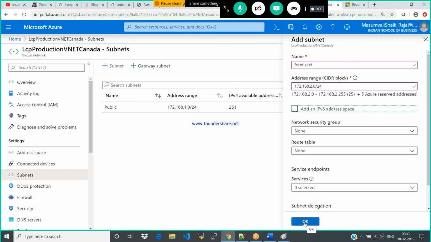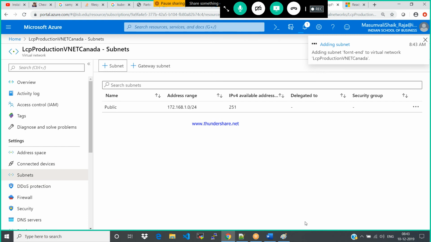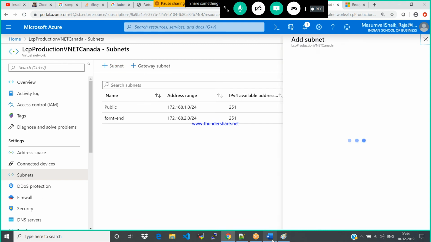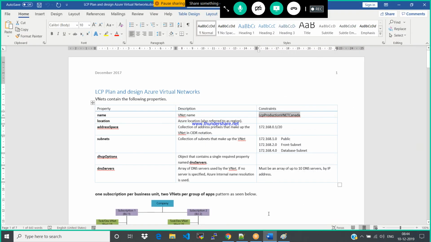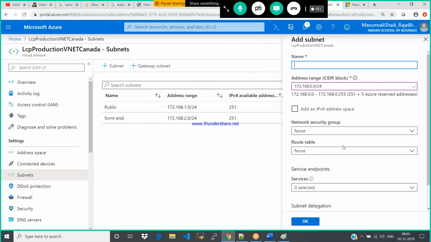Okay, this is great. So forget about all this. We will talk about it in the next coming classes. These are separate sessions we do have. Yes, we are adding again. It is available 251 only. See, again 251. Just add another subnet as part of the requirement. What is the last one? Database subnet. See, by default 5 will be reserved.